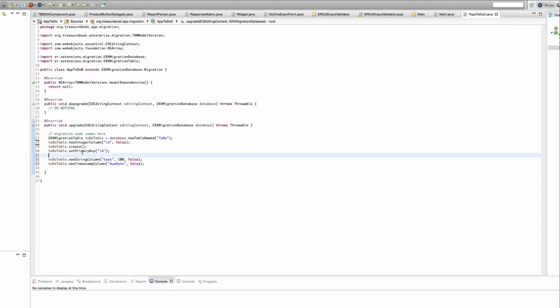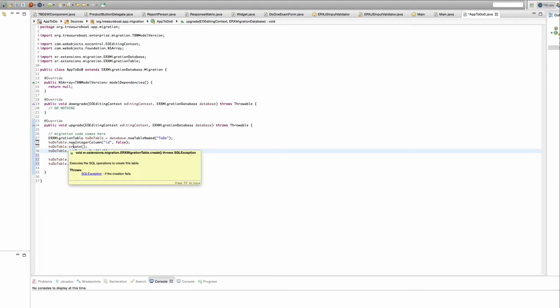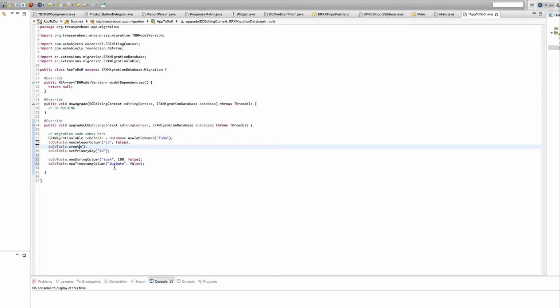So with the ID and with created database, that means the database get created, we are done. So that means it will create the database in the data. It will create the entity in the database, and then it will add attributes to the database. Now it will follow the order here that you have set up after the creation is done. So if we make the change like here and save this,